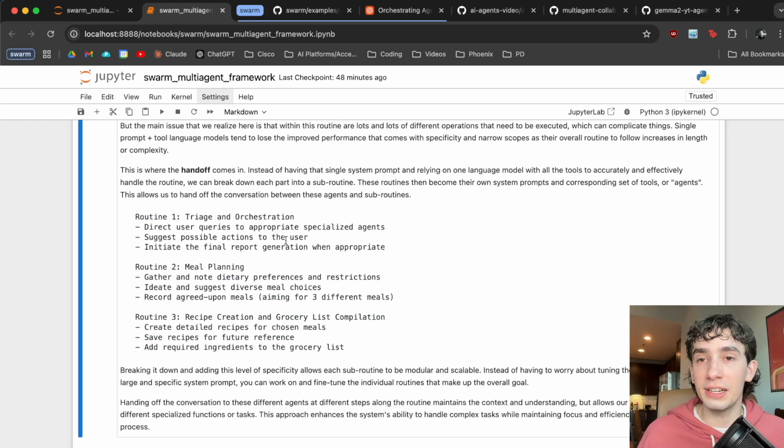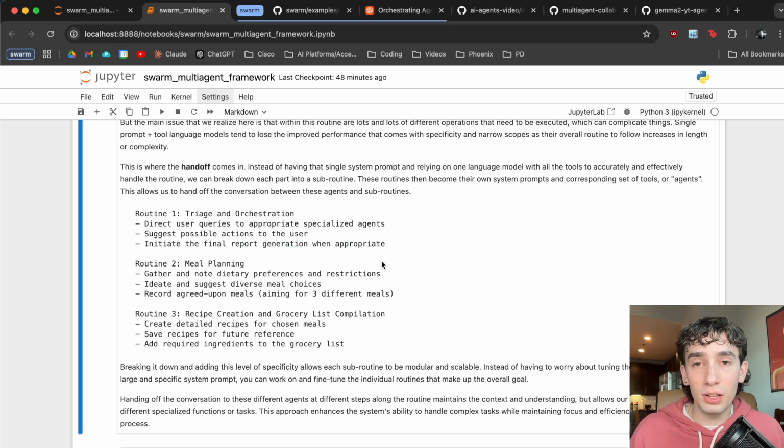The first routine is going to be actually our triage or our orchestration part. It's going to be the generalist that can actually direct our user queries to the appropriate specialized agents, suggest different possible actions, and then also this is where I'm going to attach the ability to generate that final report. So that should handle a lot of our general asks and then also be able to route our asks toward our specialists,